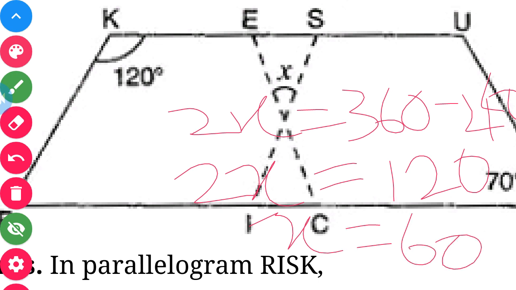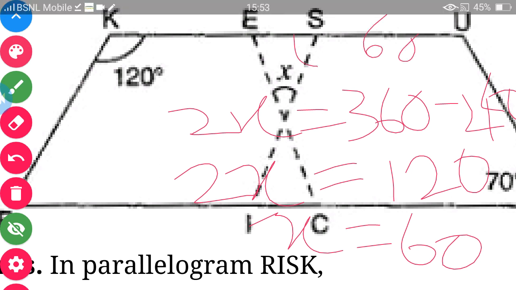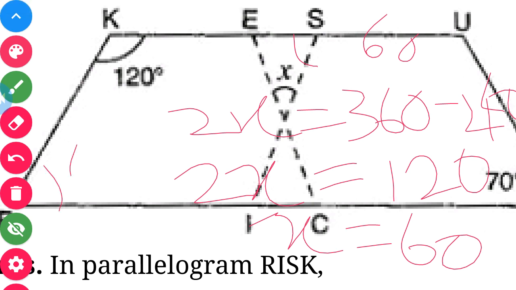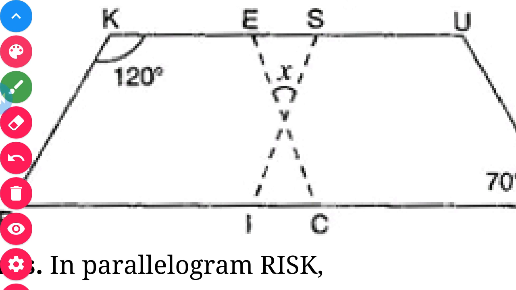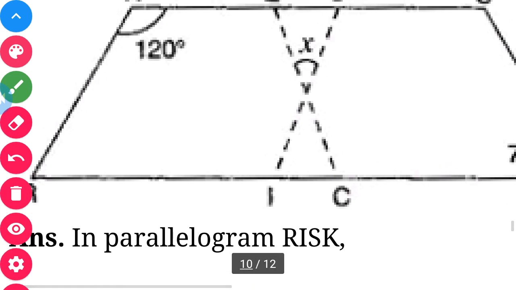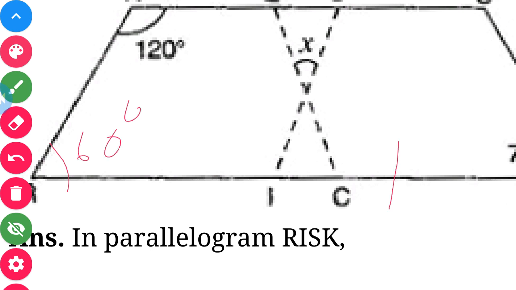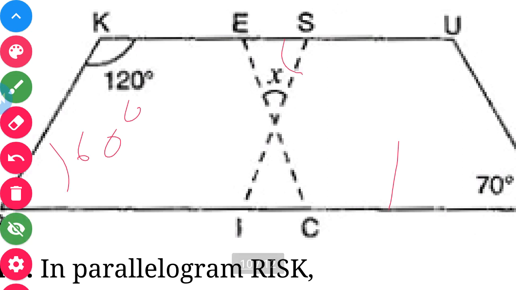That is how I find my angle, which is here, S. So S is nothing but 60 and here it is 60. You can also confirm here, children, that adjacent angles should sum up to 180°. 120 plus 60 is nothing but 180, so the answer is correct. You can cross-verify. So what have we found out, children? R is equal to 60 degrees, so this also becomes 60 degrees. And we already found that this is 70, so E also becomes 70 degrees.